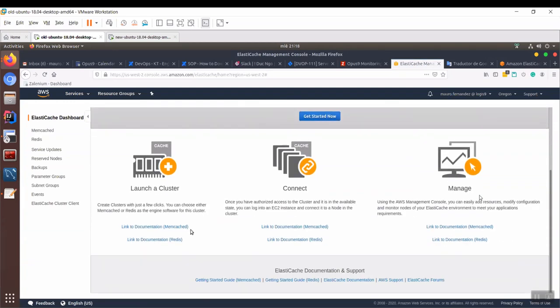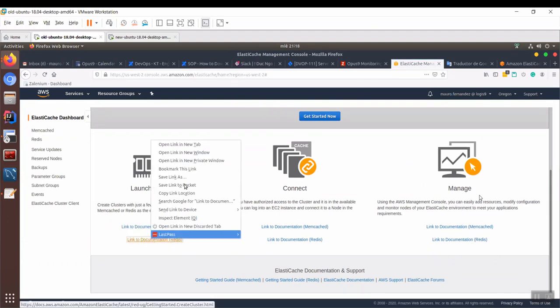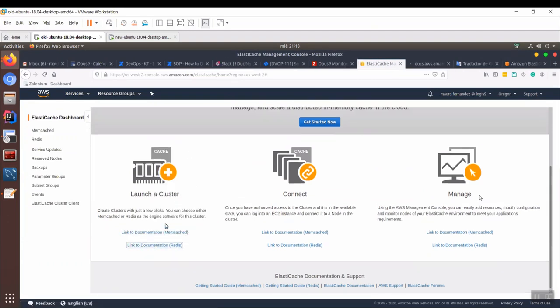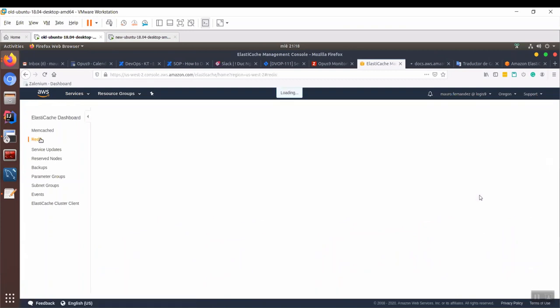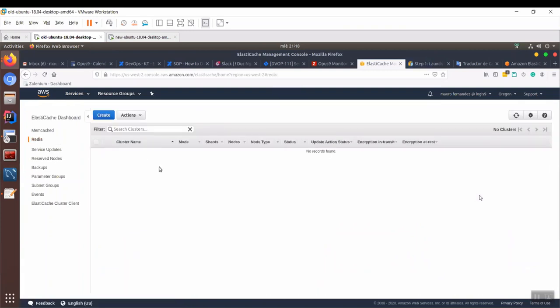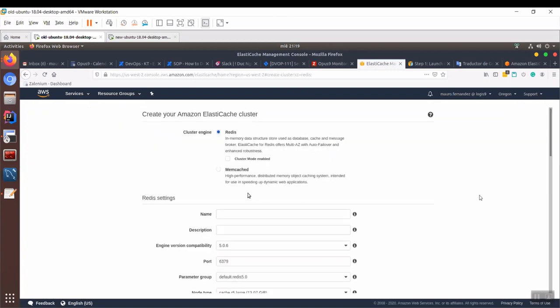Okay, we don't have launch and cluster. Okay, it's very easy. Link to documentation of Redis. Read about the documentation and click on Redis. It's the first time that I am here. So great. You can start working on